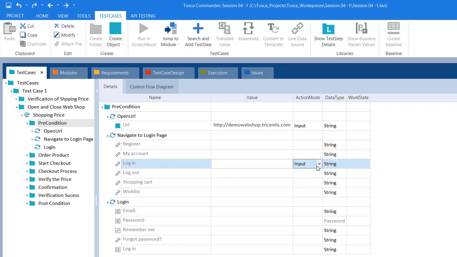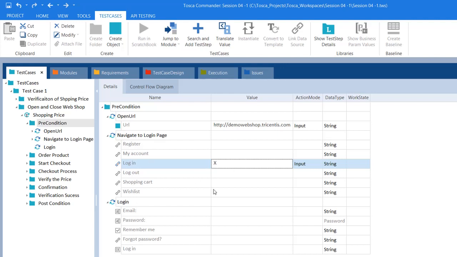So even this way Tosca will be able to recognize your action. Okay, that means it can click on login link, but it is best practice to add a value X for any button. That means the user will know that you are using this button within this module.